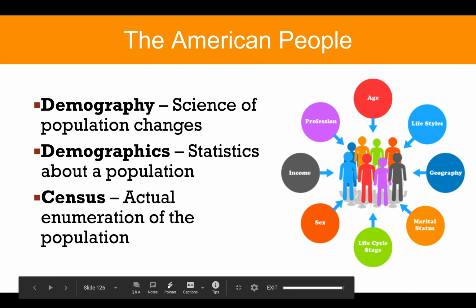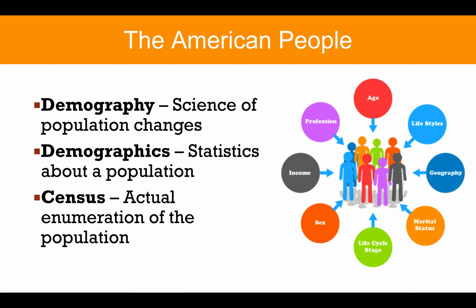Let's start with looking a little bit at the American population. The American population can be studied pretty easily using demographic data, and demographic data is statistics about our population. Now, there's a whole bunch of people that study demographics, and a lot of them are pollsters, meaning they use demographics to get a good sample of the population and make sure that sample best represents the population. And the best way to figure out where people live and what their demographic data is through the